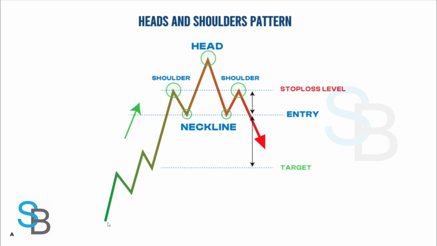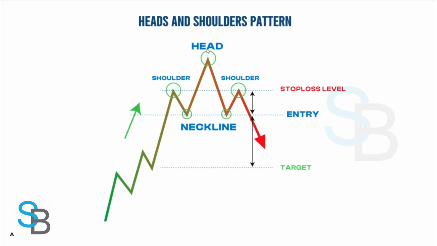Let's assume the market is going up. We're making higher highs and higher lows, going up, trending. Then the market came here and hit this level, we call this the shoulder level, and then came down here, made a higher low, making this a neck level. Let's assume this is a support level, and then came here, broke this level,